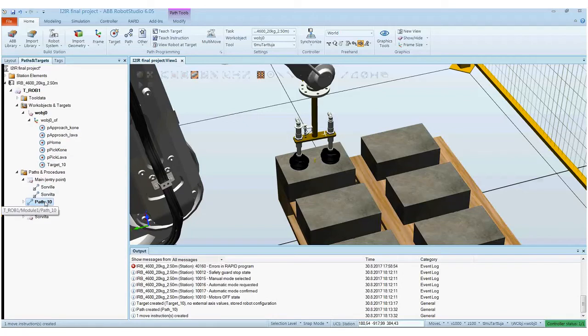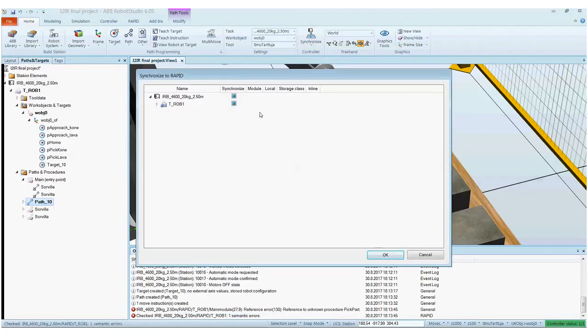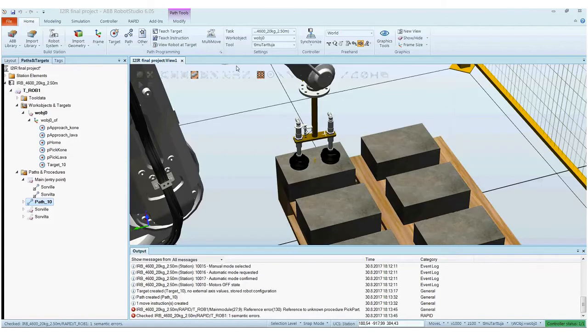And the reason I created the path is that when we synchronize that to Rapid, it will only synchronize the targets that belong to some path. So that's the reason why